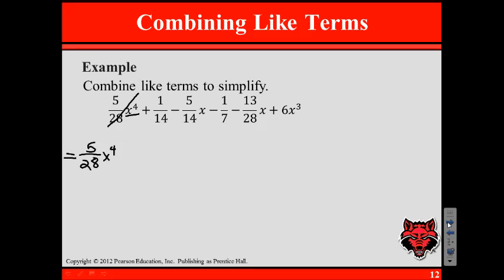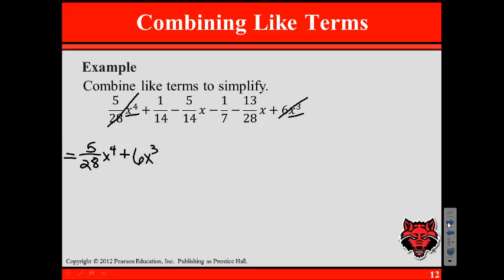Now at this point, I'm going to go through the problem a little bit differently and just look for the next largest exponent. The next largest exponent is x cubed. We see that this is the only term with an x cubed, so we can rewrite or just bring down 6x cubed. And I will cross through that term as well. As we continue to look throughout the problem, we have no terms with an x squared, so we go to x,